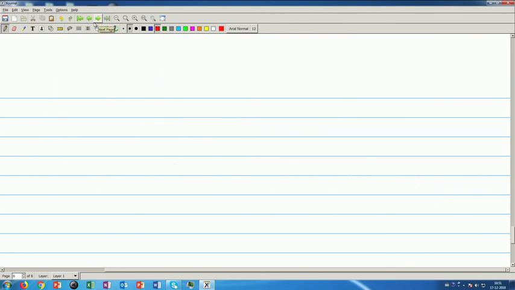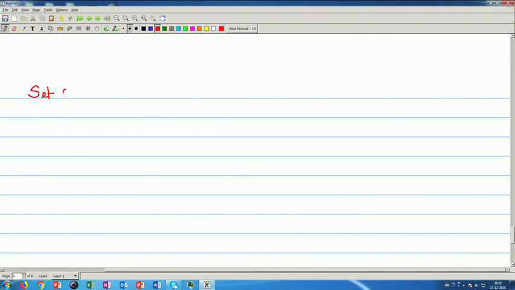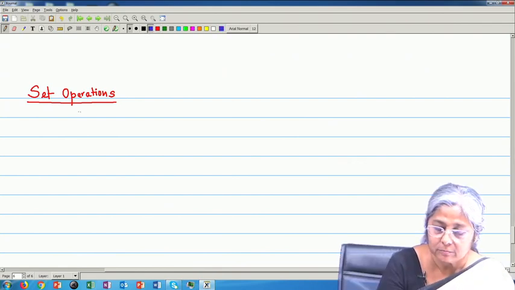Now, we see some set operations. So, we have already defined the different types of set operations, that they can be binary operations or unary operations, and there can be some special operations. So, we have already read that set union,